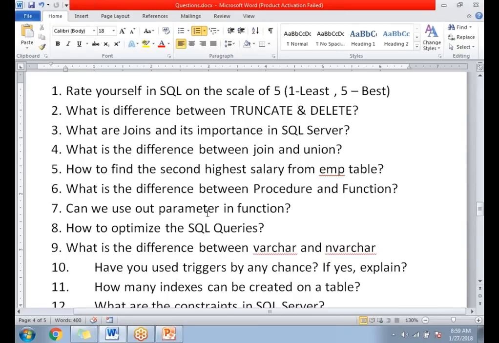But if you answer either 1 or 2, the panel may think about whether to go with a technical round or not, because the panel is going to assume that if the person is good, only then do they want to take the interview forward. Otherwise, it does not make any sense for either of you.